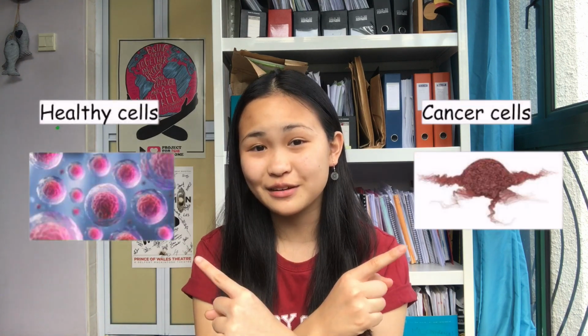So we've solved cancer? Well, not quite. Unfortunately, the photon beam can't differentiate between the cancer cells and the healthy cells. So it's kind of like...